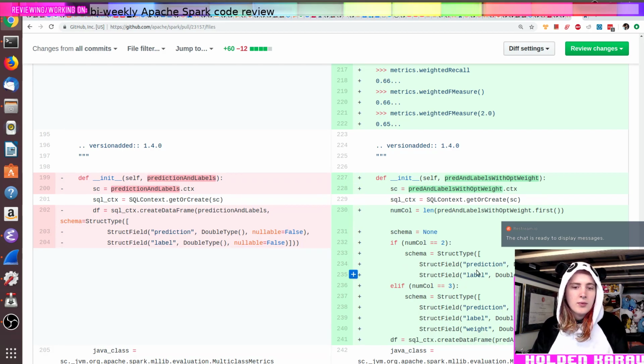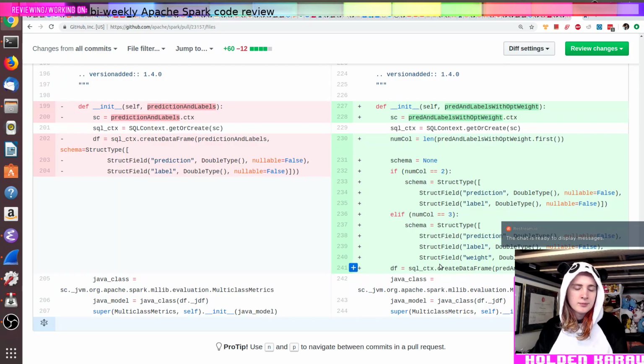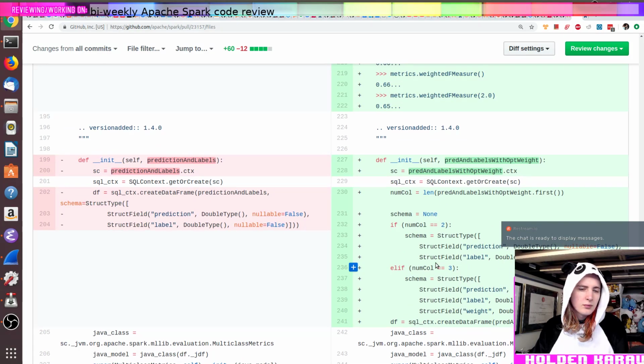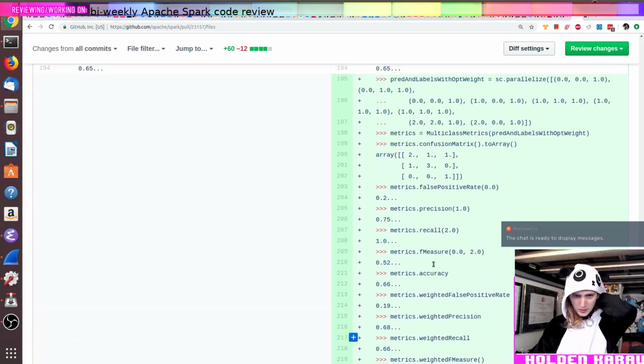Okay. So this is what it says: if we've got 2 columns, it's just a tuple of prediction and label. Otherwise, it's prediction, label, and weight. Yeah. Although, why does it have to... What's the input here?